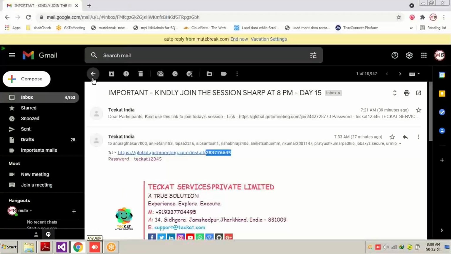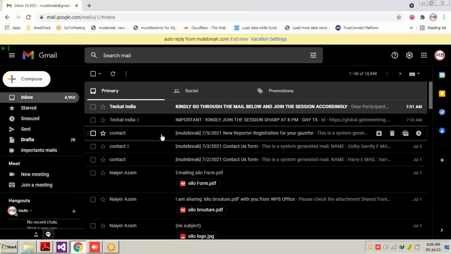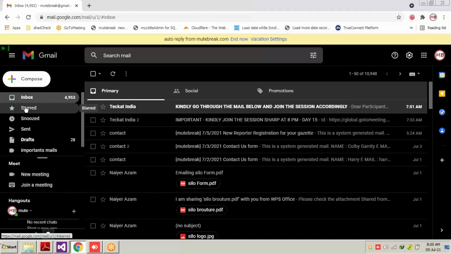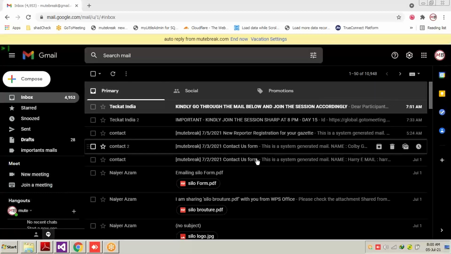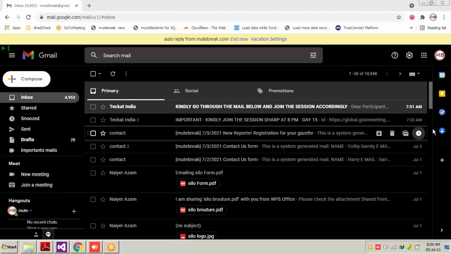Now if I open Gmail, you can see the selected bar is in round shape. We have different sections for different settings. The middle column, the big one, is for the emails.